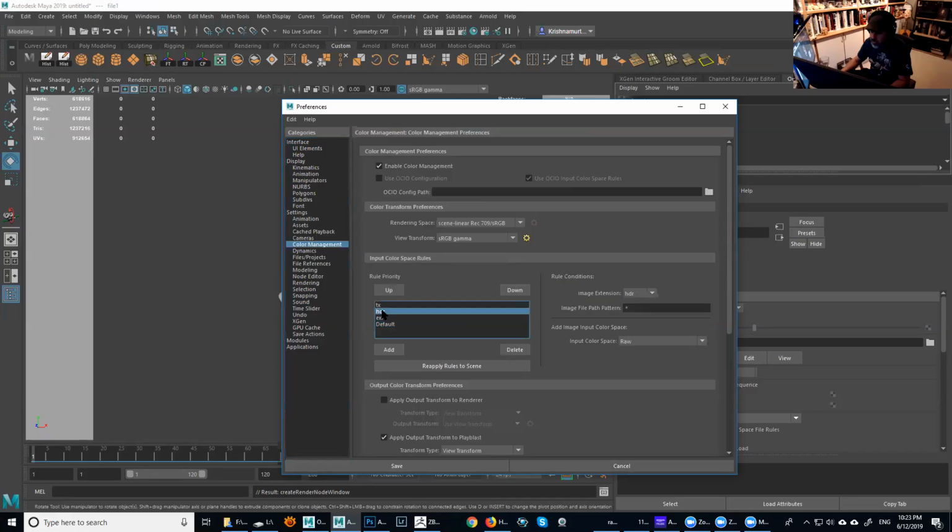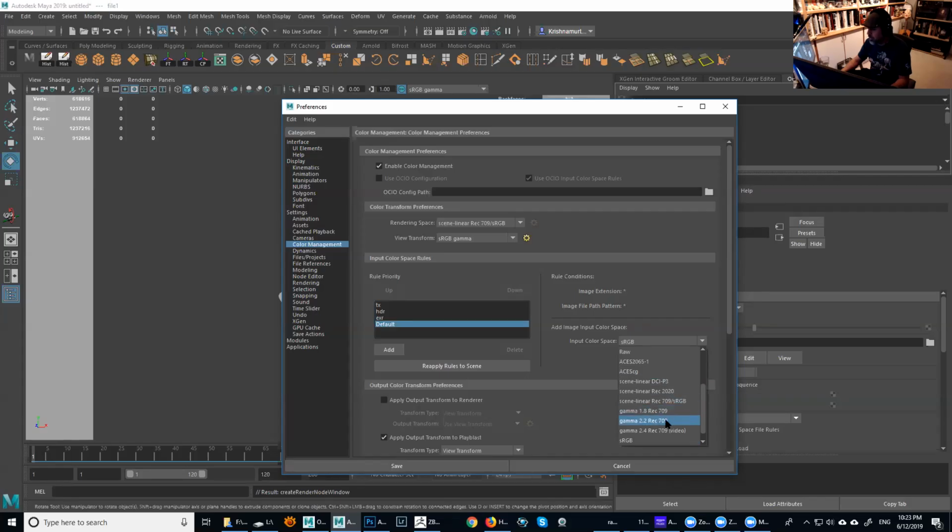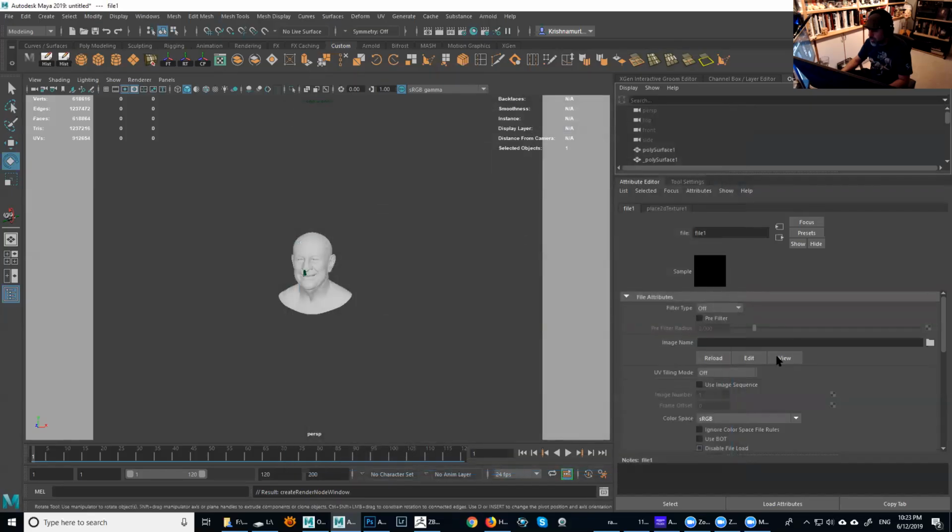So for example, if I have an HDRI texture, I just have to create a filter in here and say, okay, when it's HDR, what to do with that file? And then you just click this drop box and say raw. I want all the HDRIs that come in as raw. And the EXR, what to do with the EXR? Raw as well. If it's a default texture, sRGB. If it's a different type, like a JPEG, you can set it up to be something else. If you have something color calibrated to, I don't know, gamma 2.2 or whatever, you can set up everything here. That means anything you import is going to switch the color space automatically for you. So that's very important, it saves you some time.